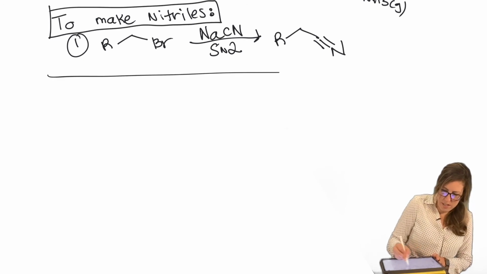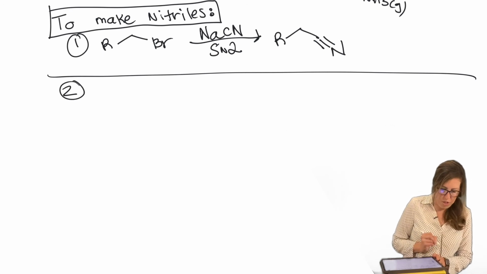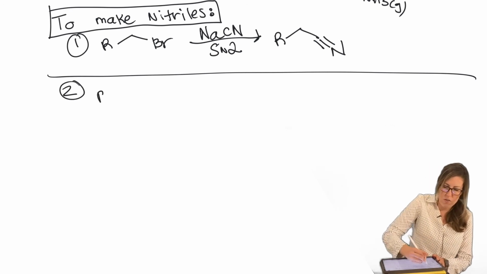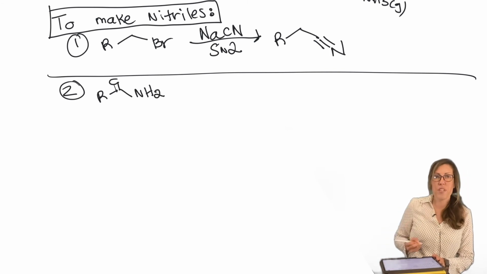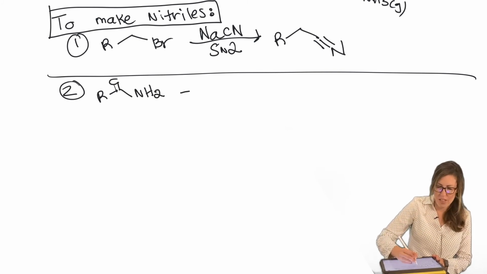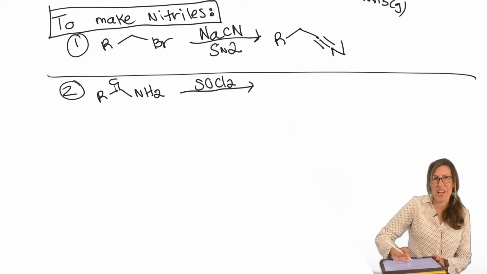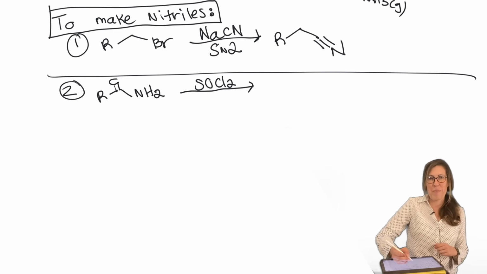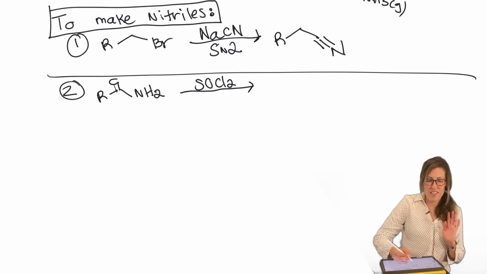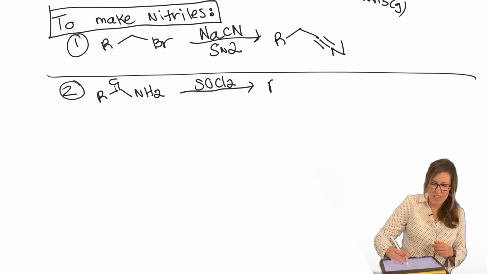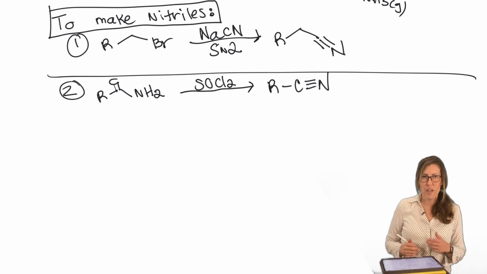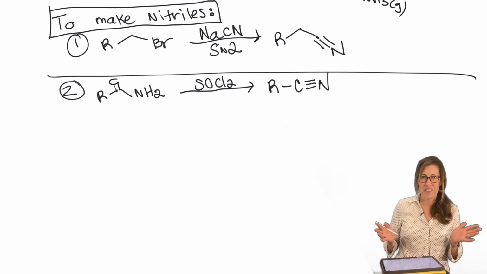Let's try another way. Approach number 2. This is going to be the overall. This is new. If you take an amide, turns out they do react with SOCl2. Just not in the way carboxylic acids do. Carboxylic acids make that acid chloride. The chlorine doesn't stick around. You make a nitrile. What? That's what you should say.